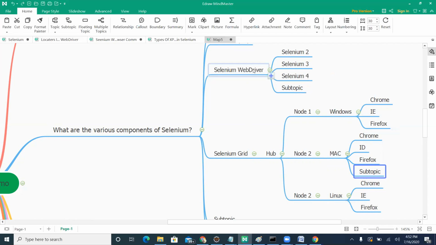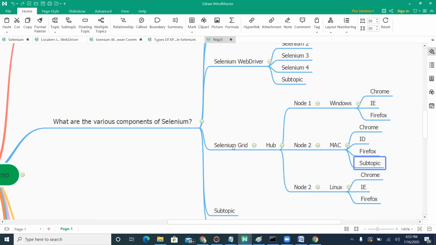You can execute your programs on multiple browsers. If you want to execute your program with Chrome, IE, and Firefox at one time, you can, but you cannot use WebDriver to execute on Windows, Mac, and Linux with multiple browsers. Are you clear on this? I hope it's clear.